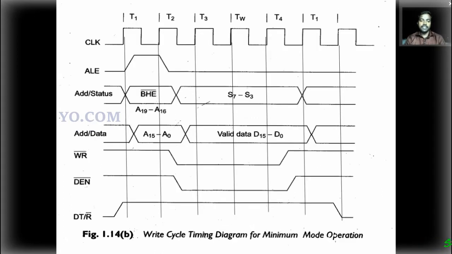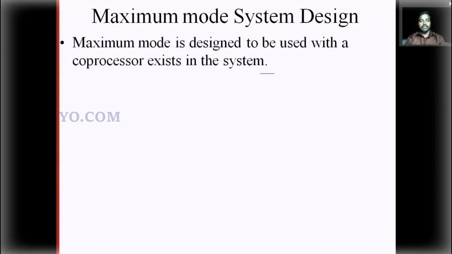Next one, the clock cycles. This clock cycle we already studied in the last session, that is minimum mode, maximum mode operation. The same clock cycles are used here also. So no need to draw the clock cycle if the question asks to write or draw the time period. Similarly, this is a write time clock cycle. This is also the same as the setup in the previous session.